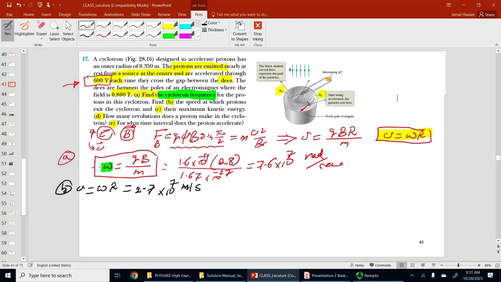Okay. C, their maximum kinetic energy. So their maximum kinetic energy, KE max, is equal to half the mass of the proton multiplied by v squared. Okay. I'm not going to put the numbers. I'll just try to use the calculator directly to see what the answer will be. Again, the mass of the proton is 1.67 times 10 to the power minus 27, times v squared. So this is equal to 3.7